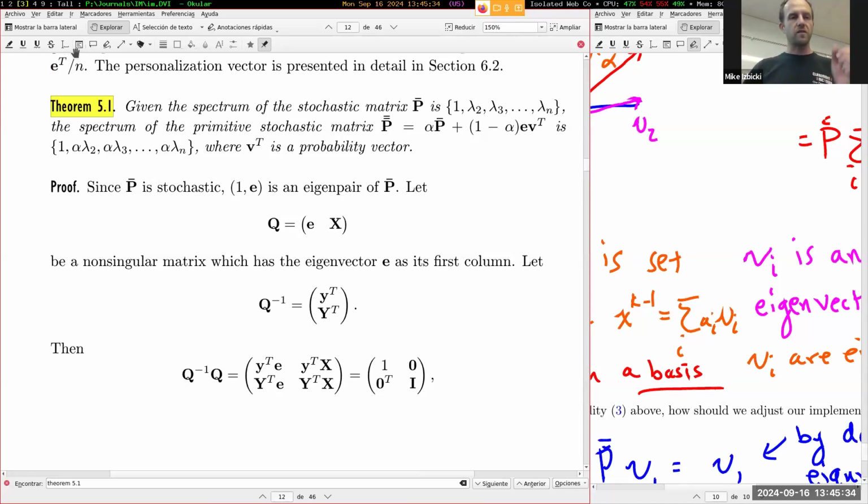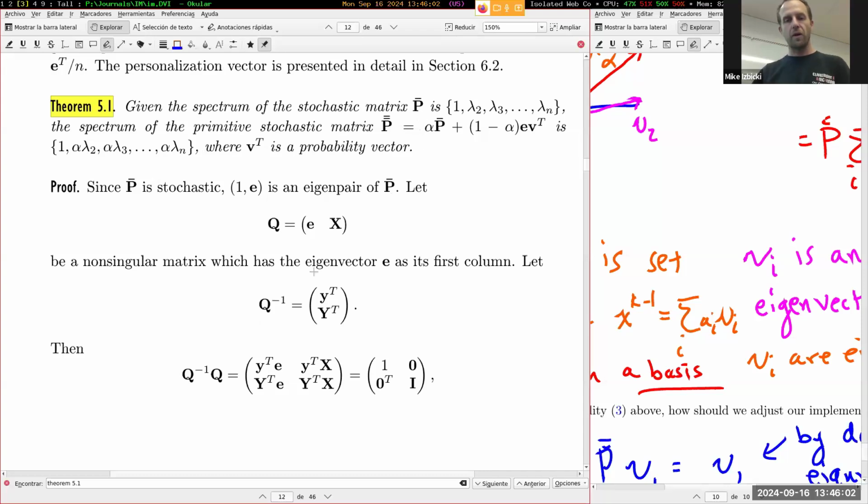The answer is that primitivity has one top eigenvalue on the spectral circle. There are many equivalent ways of saying that. One equivalent way is that the top eigenvalue is unique. Here, this theorem 5.1 is telling us all of the eigenvalues. We have these specific eigenvalues right here. And by